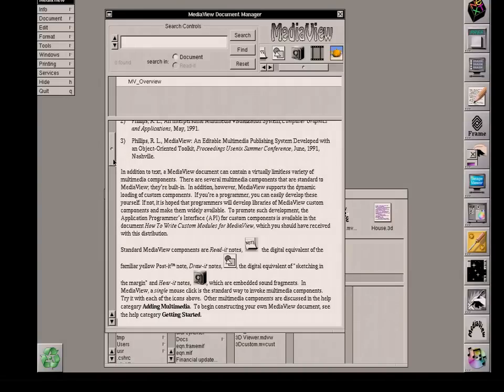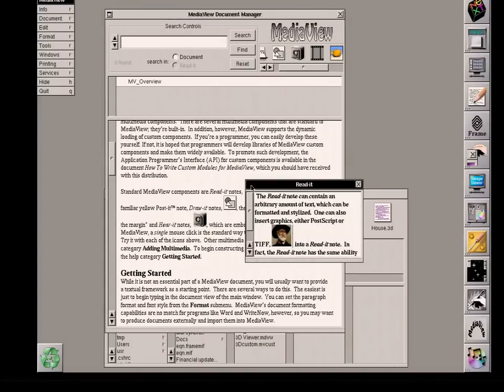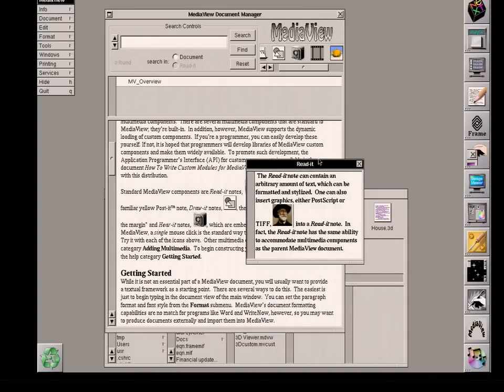In addition to the text, though, we'll see that there are some icons embedded in this document. And these are basic icons. The first one is called a post-it note. And should one wish to highlight some particular portion of a document by putting in a note with some additional information, it would be this. And so we're seeing the post-it note capability, and in this particular case it just says the post-it note can contain an arbitrary